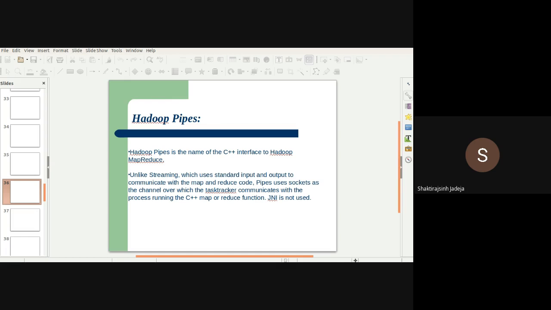Now try to understand this point properly. Hadoop Pipes is not a native library that can be used with any other programming language. It is already configured with C++, so actually you don't need to code anything in that. It will be handled by itself. The only thing is it will take whatever input in the form of C++ with Hadoop MapReduce, and it will work with the sockets.